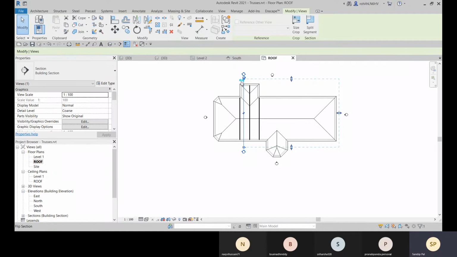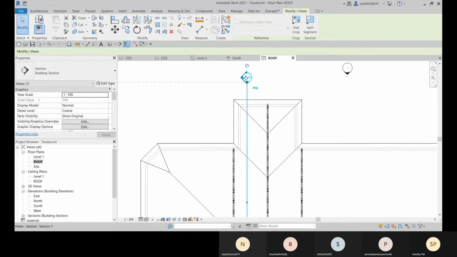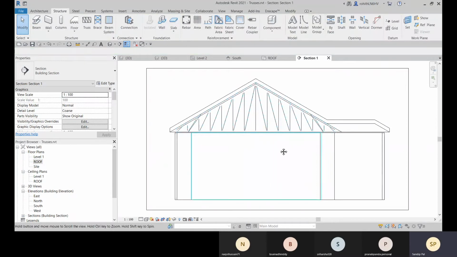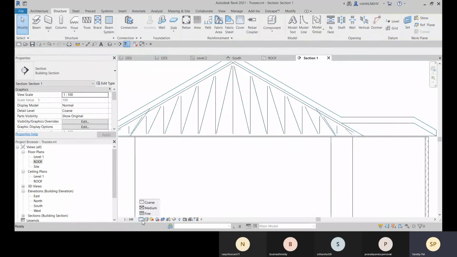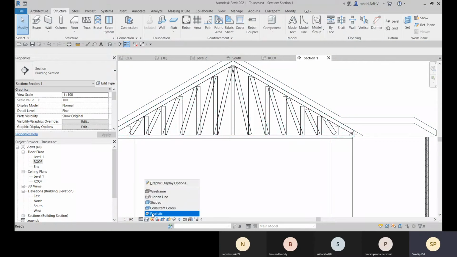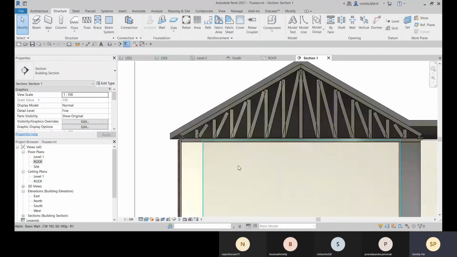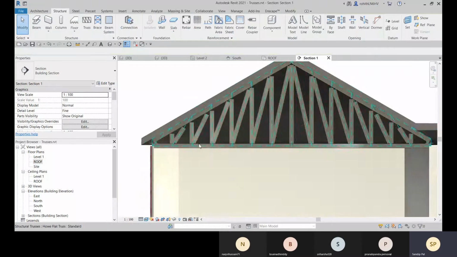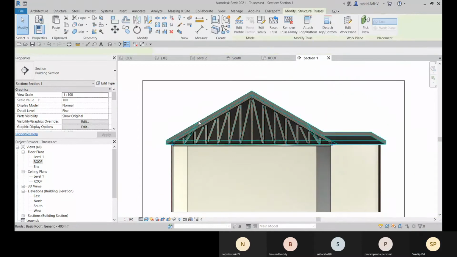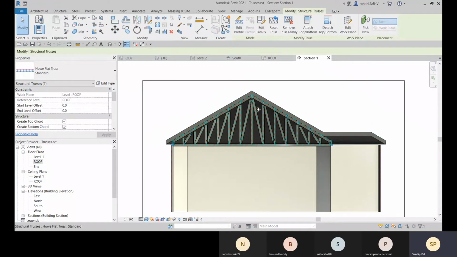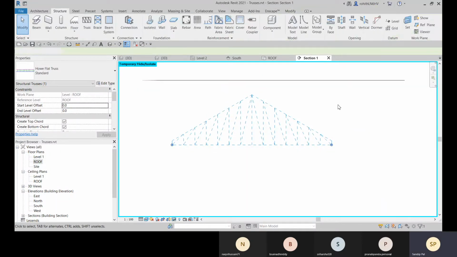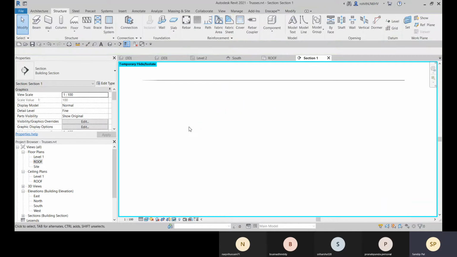okay, so let me flip this, and then let me go to this view, go to view. Okay, so here you can see, and I will open this fine detail, and I'll go this wireframe right now, or else I can go this realistic if it is needed. Okay, and this is the truss. You can see that this one is selected. I can go with this HI. There it is selected, you can see, right?